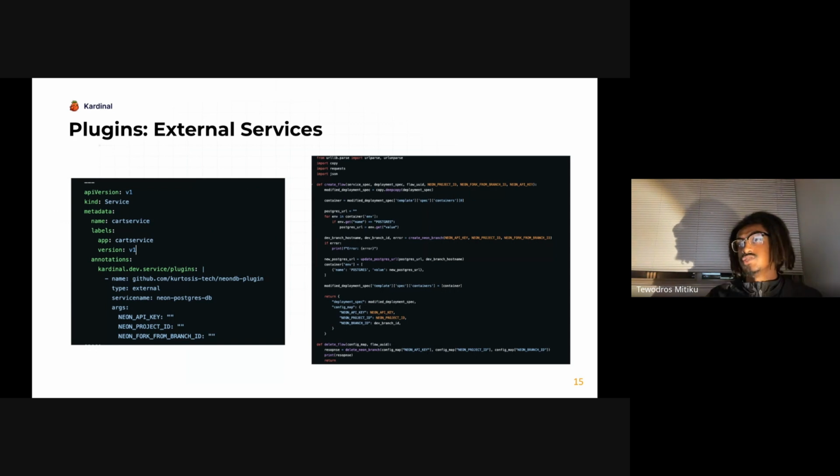So the logic for the Neon DB plugin create flow will be, hey, let's make some API calls to create a new Neon database branch that is based on the main or base Neon database branch. And then let's return a cart service that is now pointing to the dev Neon database branch instead. And so now we've got a dev version of the cart service that points to a dev version of the Neon database, which I have implemented as the plugin author semantically via this create flow plugin API.